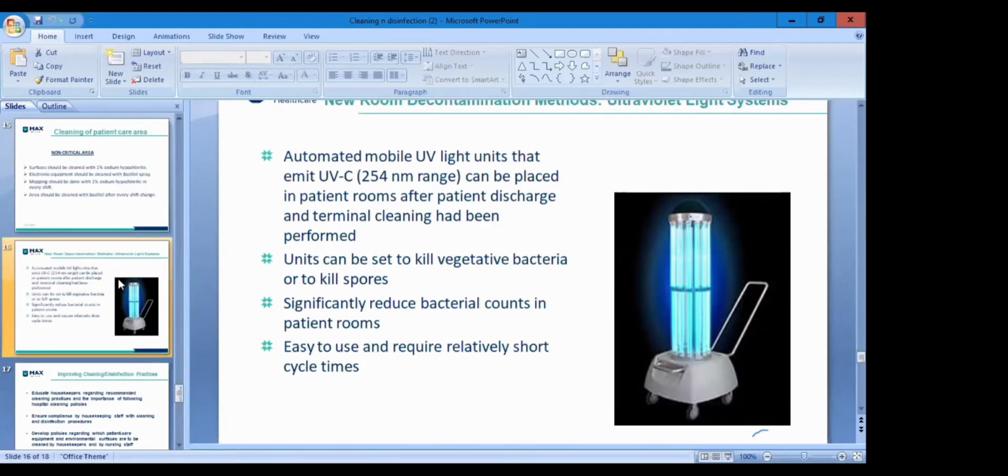If we disinfect our patient area by UV light, it can be opened after the disinfection process by UV light is finished. The advantage is that it kills all vegetative bacteria and also kills spores. And we had done a project in our area where it significantly reduced bacterial counts in patients' rooms. And it requires relatively short cycle times. Short cycle times means that